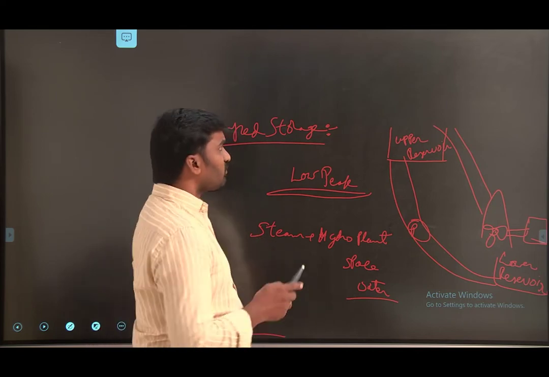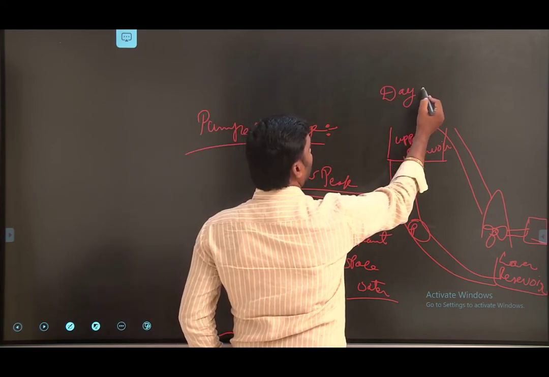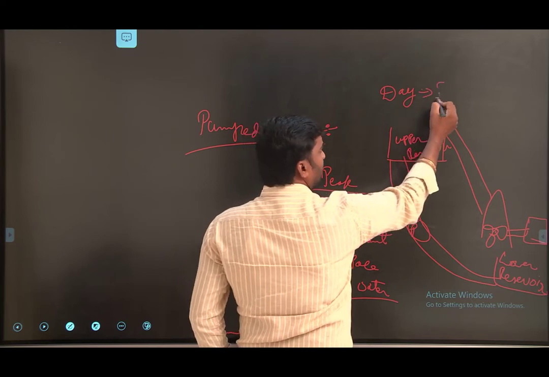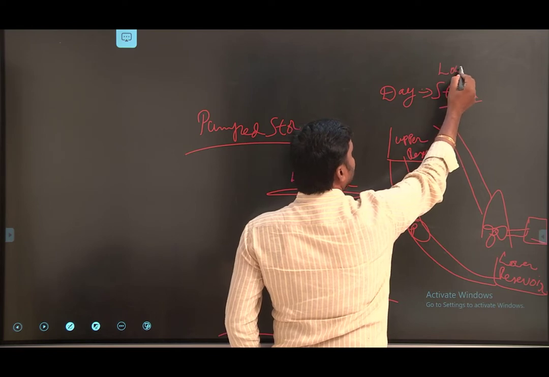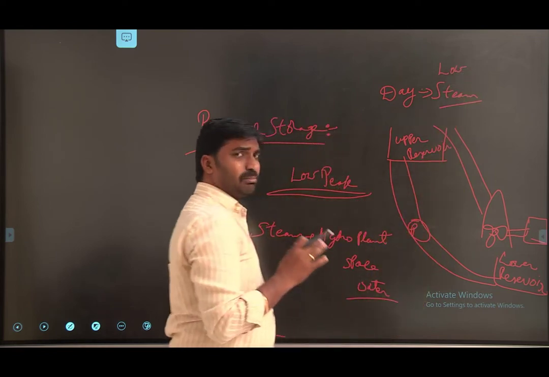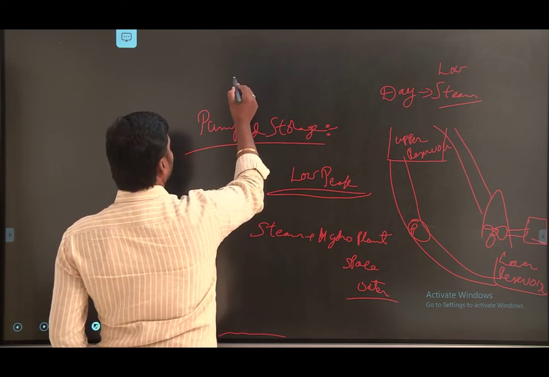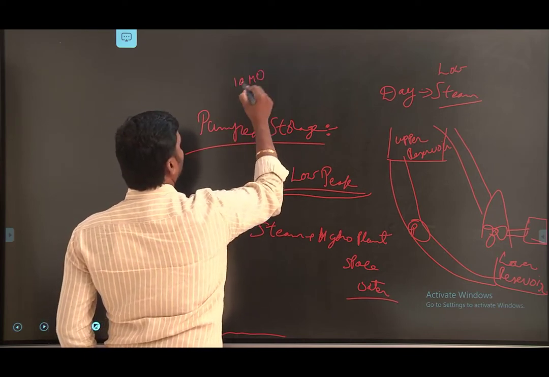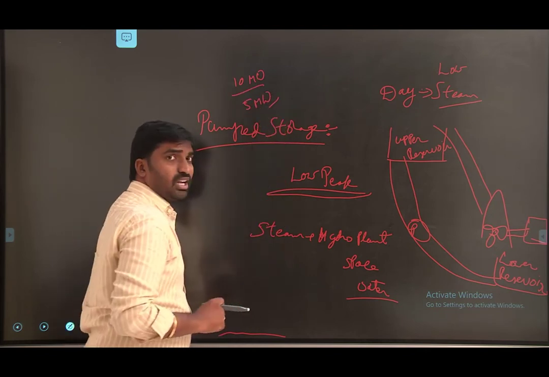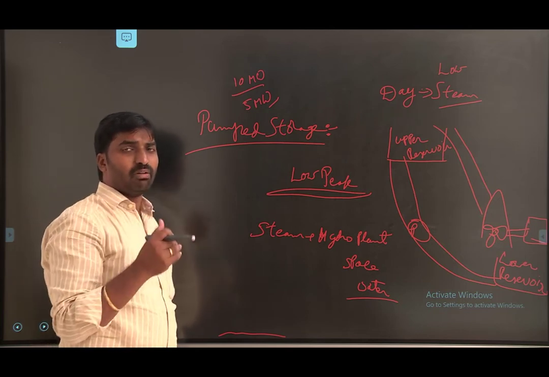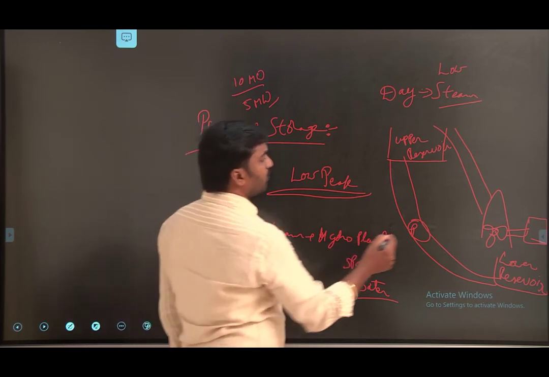Here in the daytime we have a large amount of electricity generated by the steam power plant, but very little load is required. We don't require that much power. That means the steam power plant capacity is 10 megawatts, but we require only 5 megawatts in the daytime. So what about the remaining 5 megawatts? The 5 megawatts generated by the steam power plant, we use to pump this water.